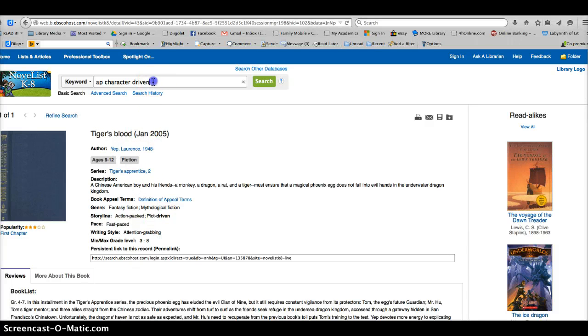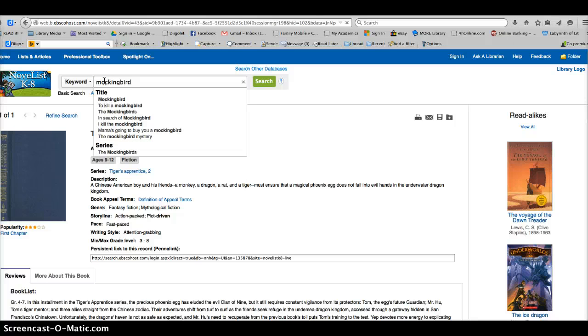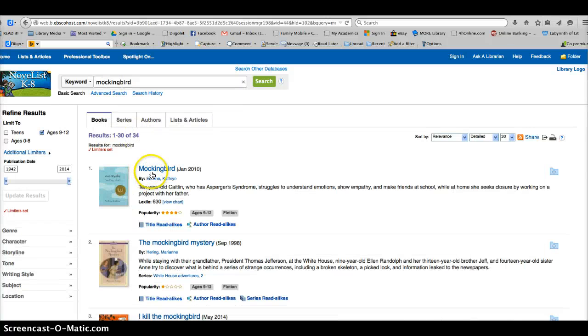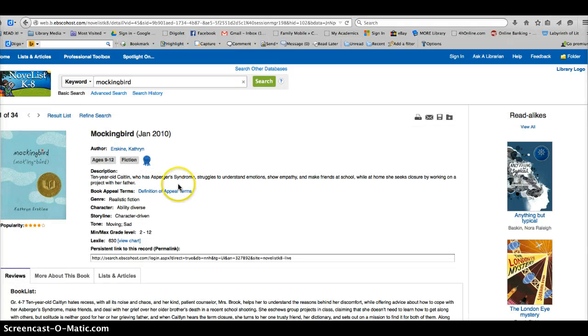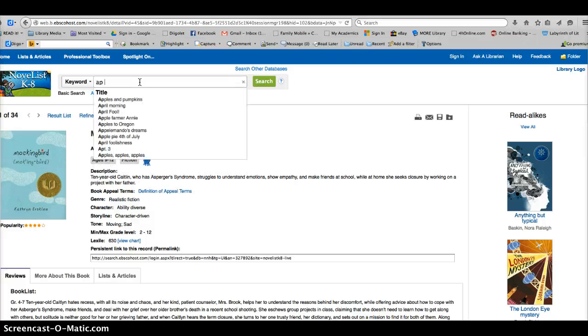For example, another way to do this: that's a way to search based on just the AP, but knowing it's there is really important. One book I recently read and just loved, and my 16-year-old daughter did as well, was Mockingbird. We have a friend with Asperger's, and this was really, really insightful. So in this situation, possibly you could select the book that a student said they absolutely loved, talk with them further about that, seeing possibly they really like the ability diversity of the character, and that was really important to them, and that was their appeal for this particular book. I know it was for my daughter, who felt she started to understand a family friend a little better than she had in the past.